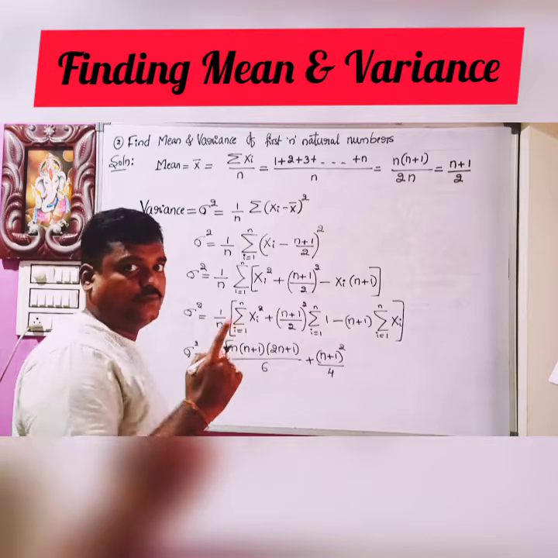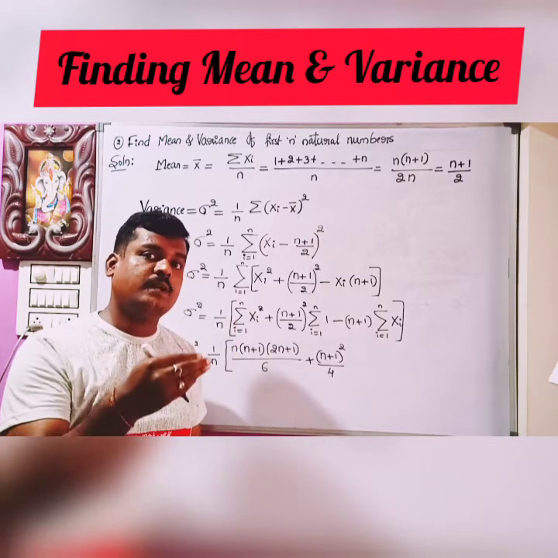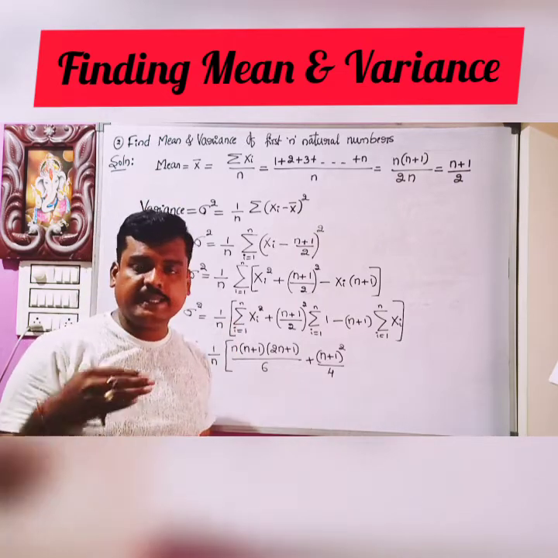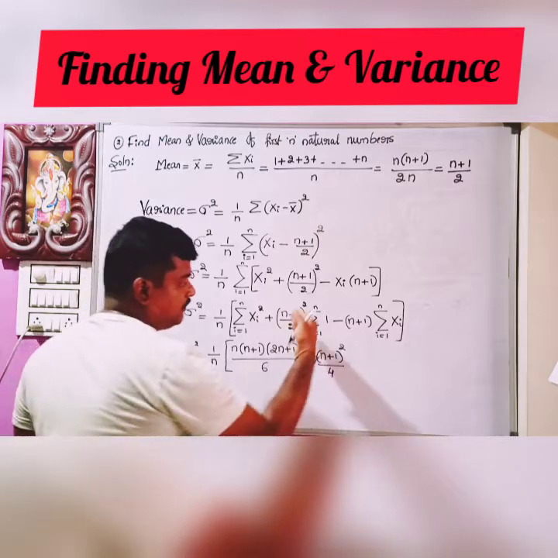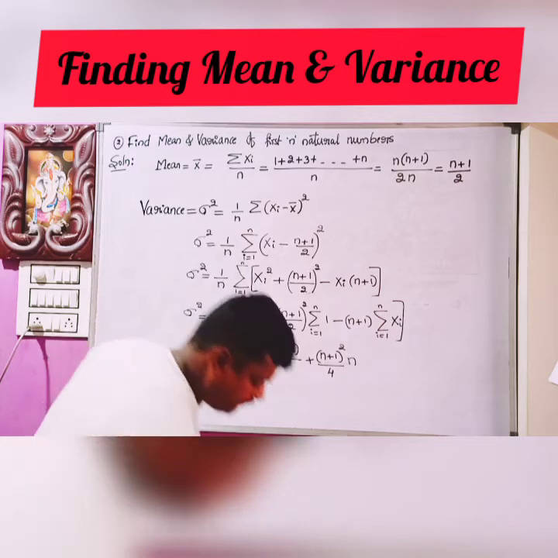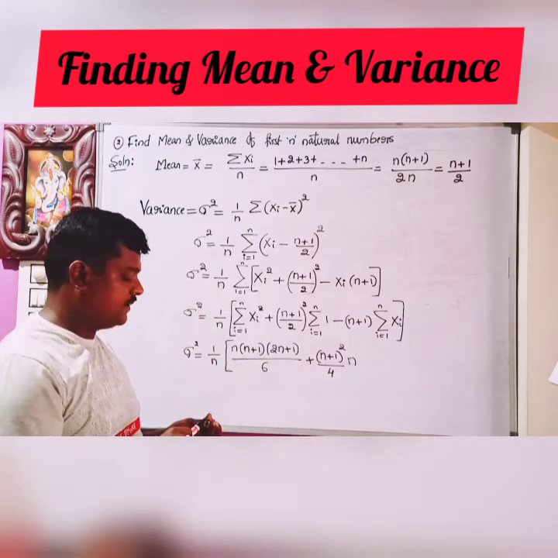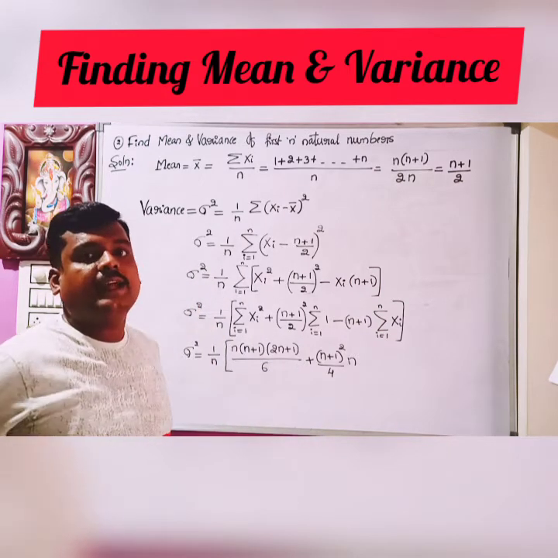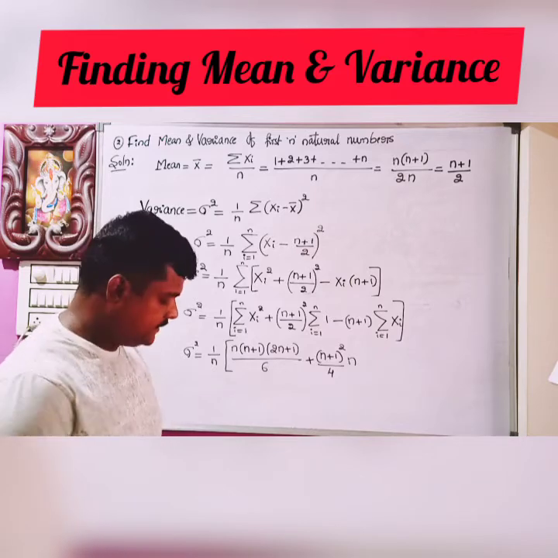Sum of 1 is added n times. 1 plus 1 plus 1 plus 1 plus, how many times? n times. So the sum of 1, n times, is n. So 1 added n times gives n. Next,